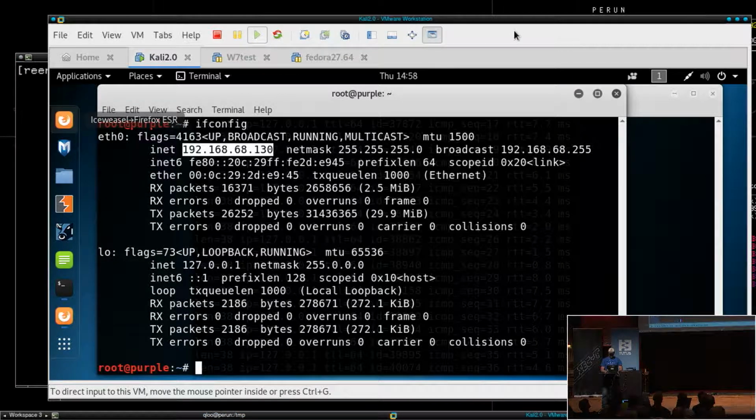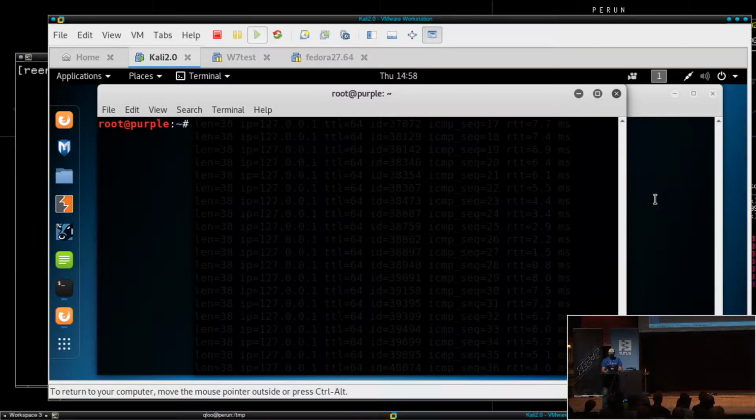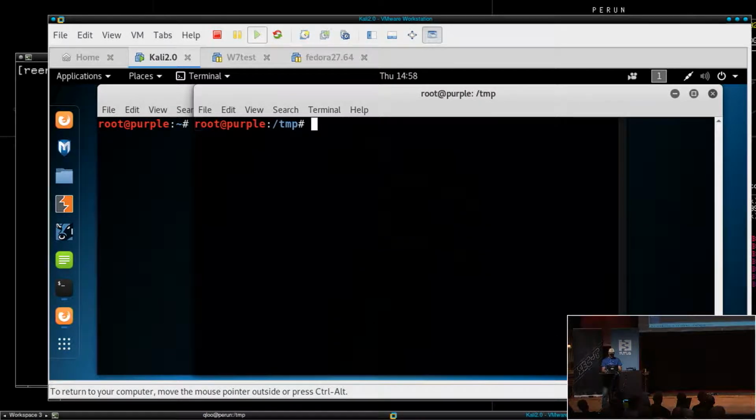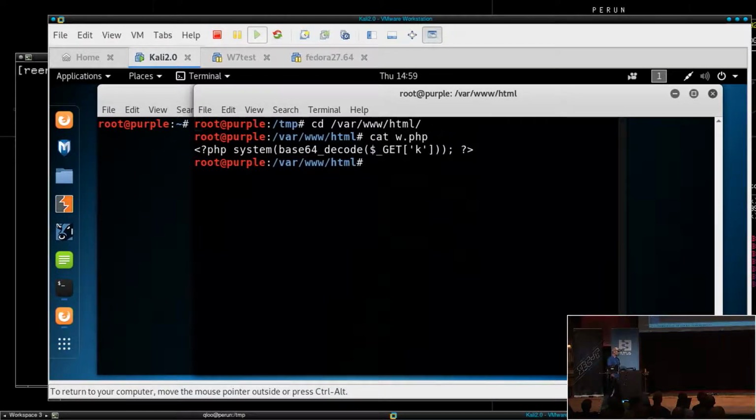The third thing with one-liners is, let's say that you have compromised a machine with a web shell. You have compromised the web server and uploaded some web shell. I have a very super sophisticated, super duper web shell, which basically takes a GET request with a k parameter, base64 decodes it, and then runs it on the system and puts it on the output.